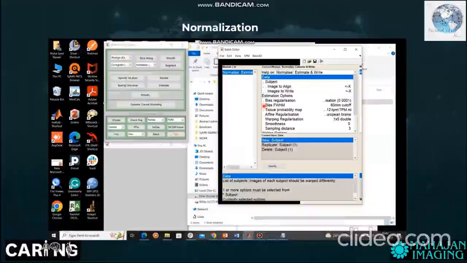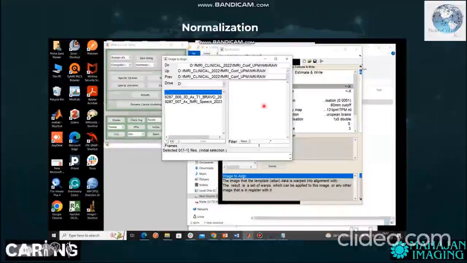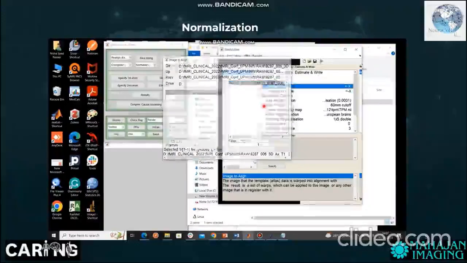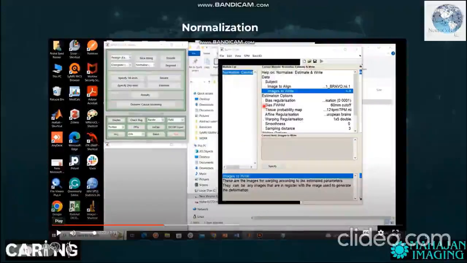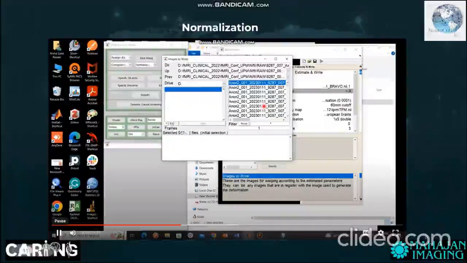Click on data. Click on image to align. Go back to your raw data. In the source image, you can choose the Bravo image that has been co-registered, and now click on images to write. These images will be your realigned images. Go back, you have to choose the registered realigned images from the